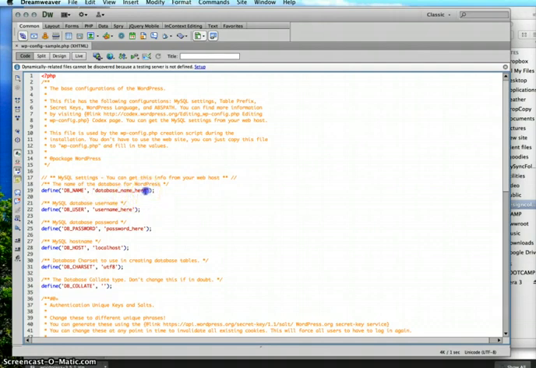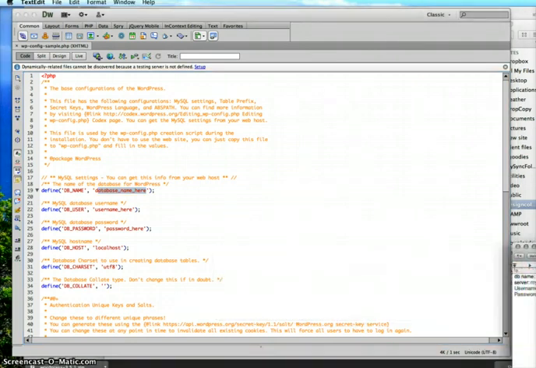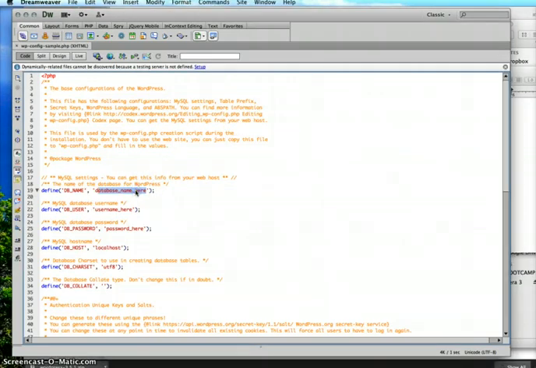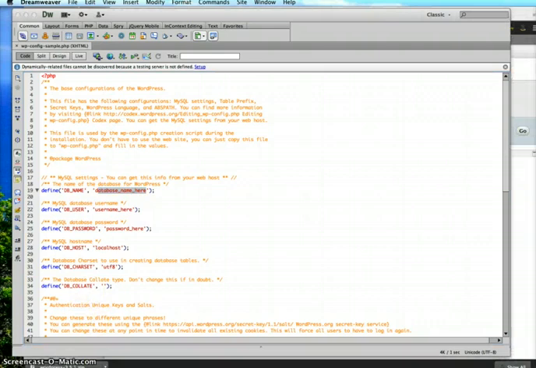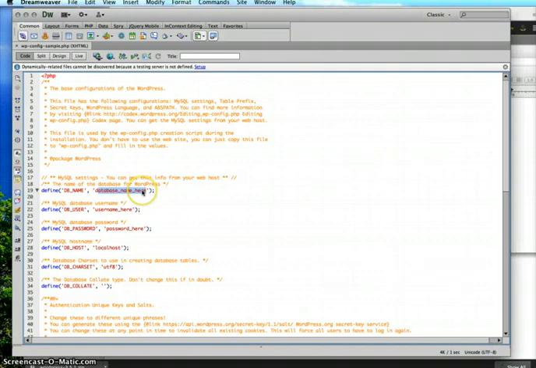So database name here. Remember that I wrote this down earlier. So my database name was, and I believe I called it test. You know what, I have to check this out. You have to be very careful with your text files and update them. I remembered I changed it to test2. So your database name, oops,